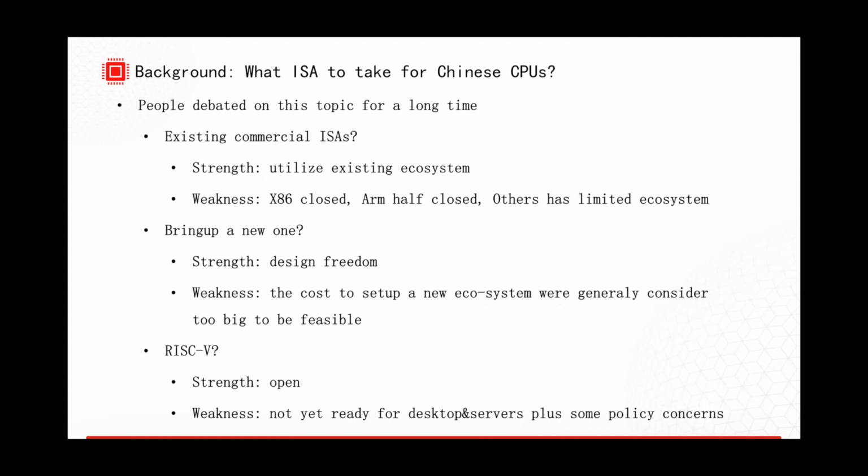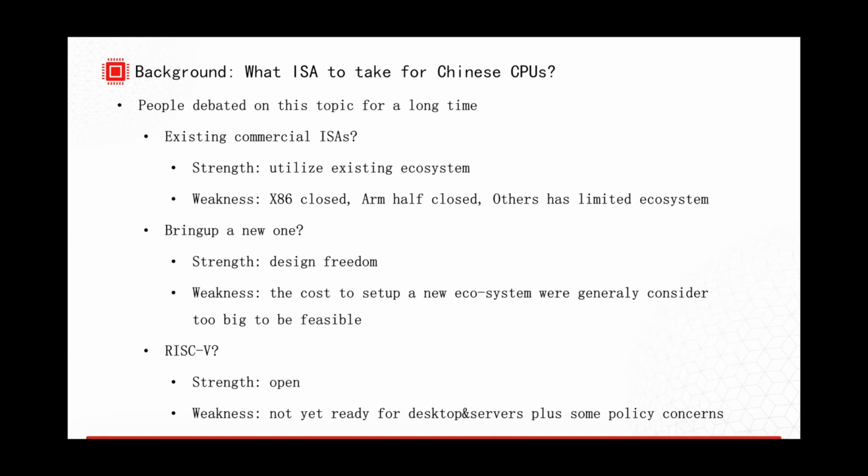The background: why LoongArch was designed. Many years ago, at least 15 years ago, people debated for a long time on this topic: which ISA should Chinese processors take? We have several choices. The first one is to use some existing commercial ISAs.